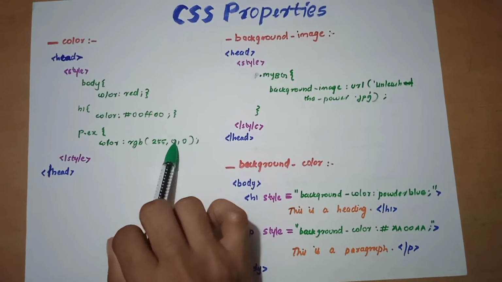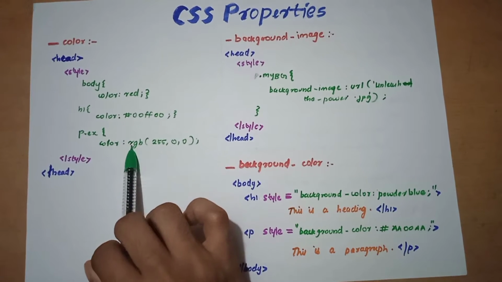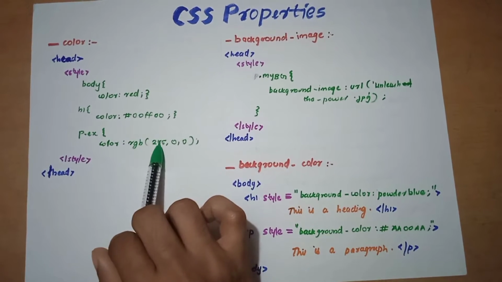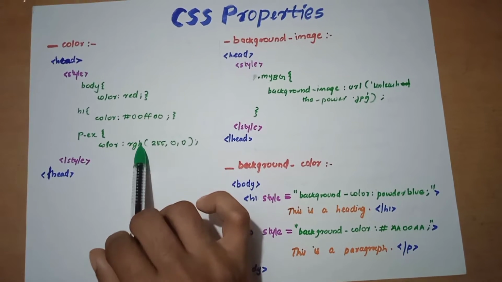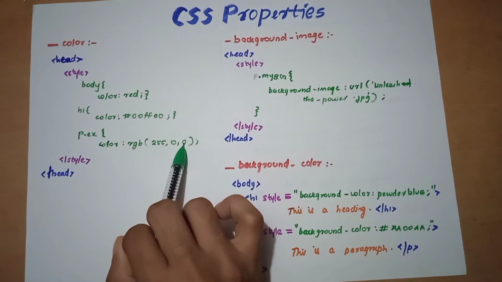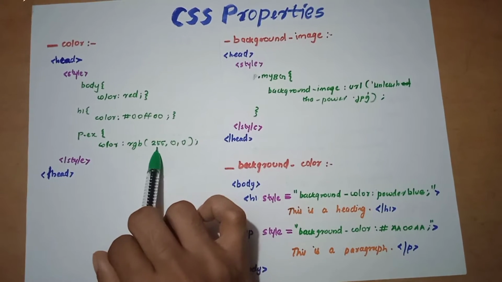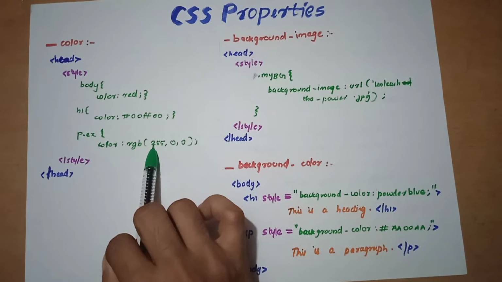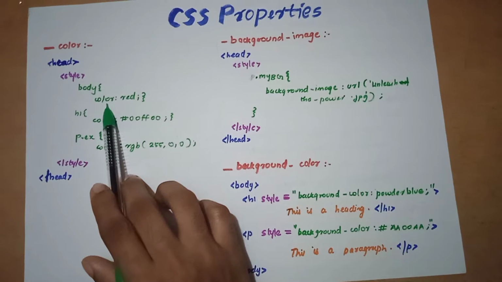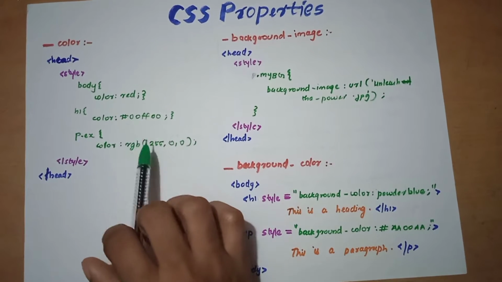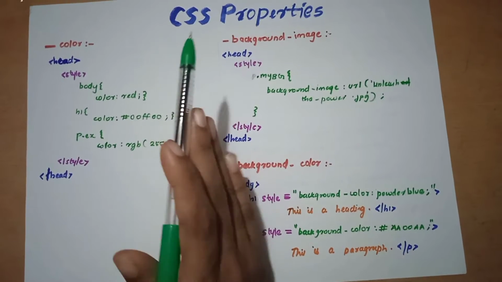Just giving numerical values up to 255. That means this is also red, green, blue. So the first value goes to red, the second to green, and the third value represents blue. When combining this, here I am giving the red only. Like that you can also change the color. So these are the three different ways you can give the color to the color CSS property and thus to our web page.